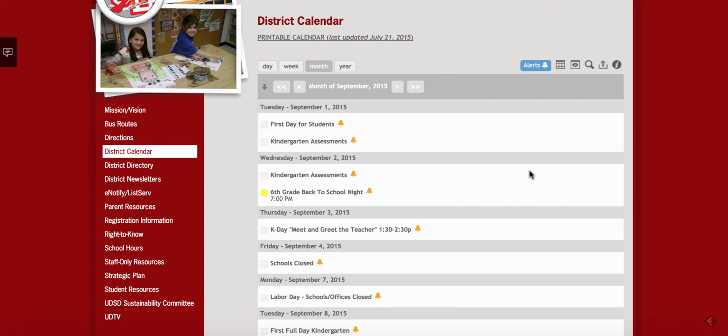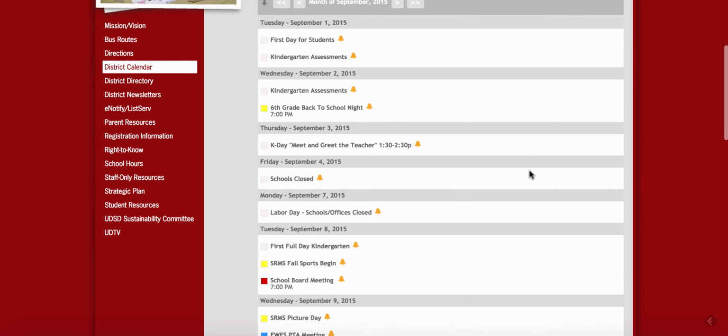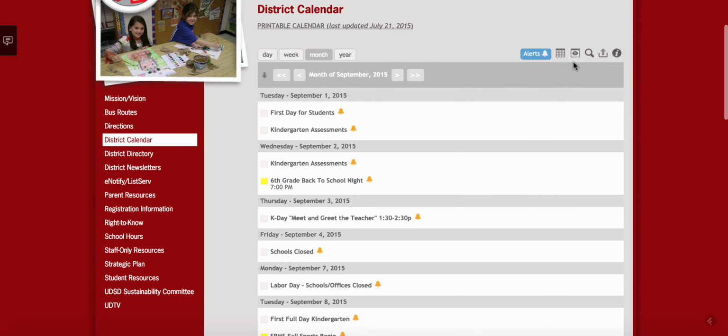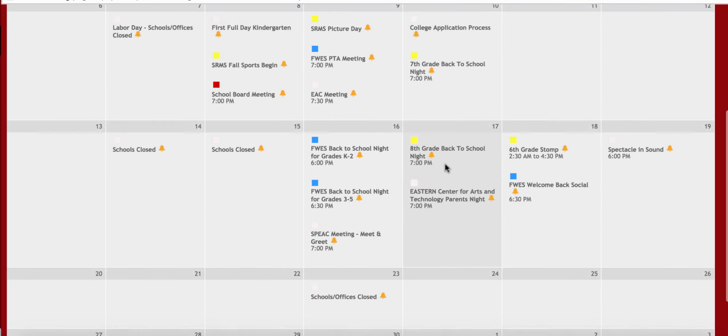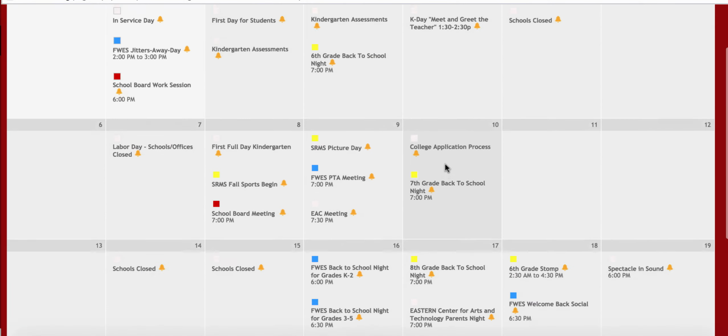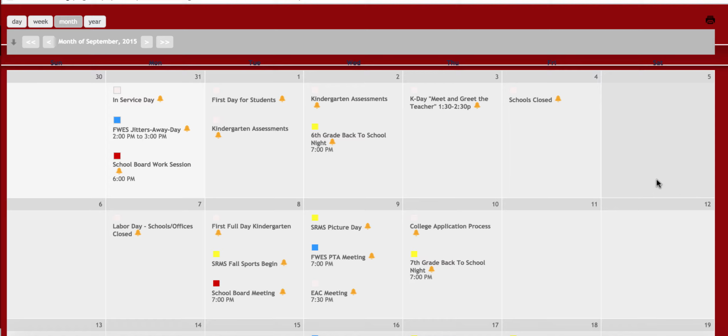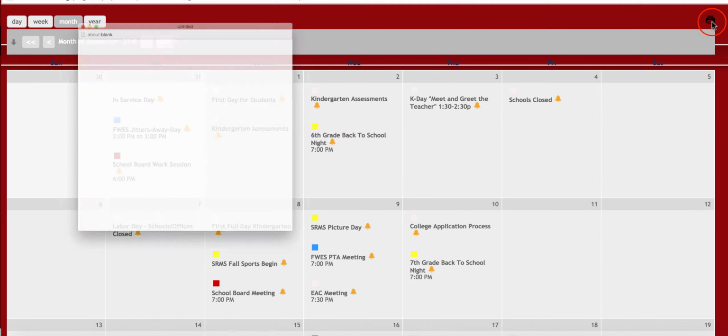Great. I also sometimes like to see my calendar not as a list, but as a grid. So for that, I can click on this grid pop-out, and a grid will be generated for me, and I can see all of the events laid out in typical calendar fashion. If I'd want to print this month, I could click on this little print dialog box,